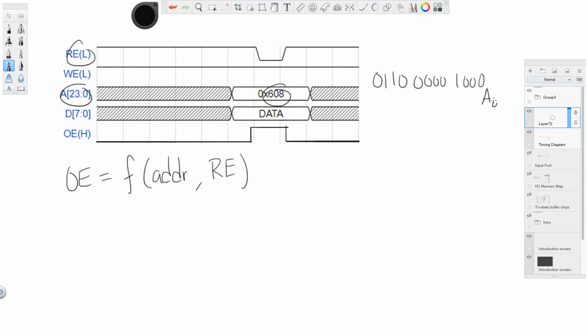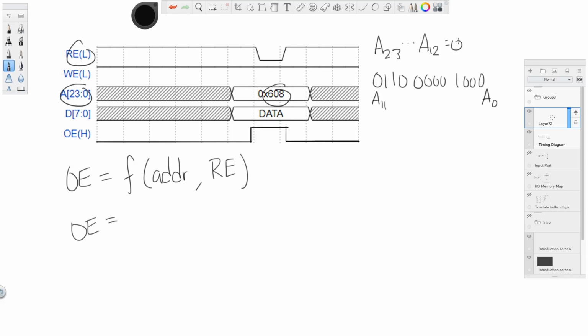So this will be A0 all the way up through A11. Something that's very important to note is that the address bus is 24 bits wide. So because this should be the only combination of address bits, from A23 all the way down to A12 being 0, and A11 through A0 having this combination, that's the only case where this signal should be true. Okay, so now we just need to start generating this equation